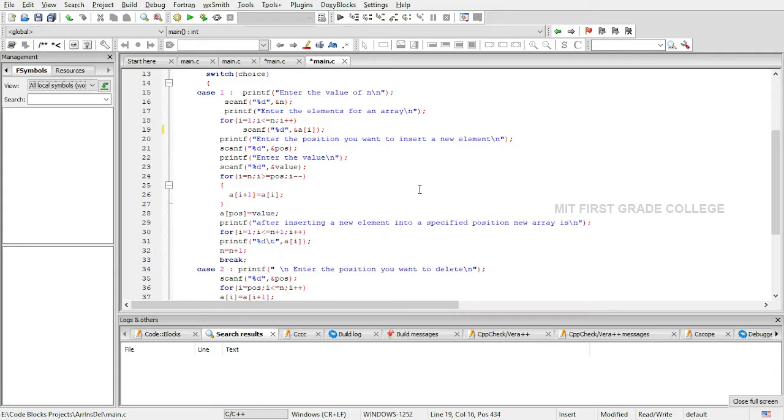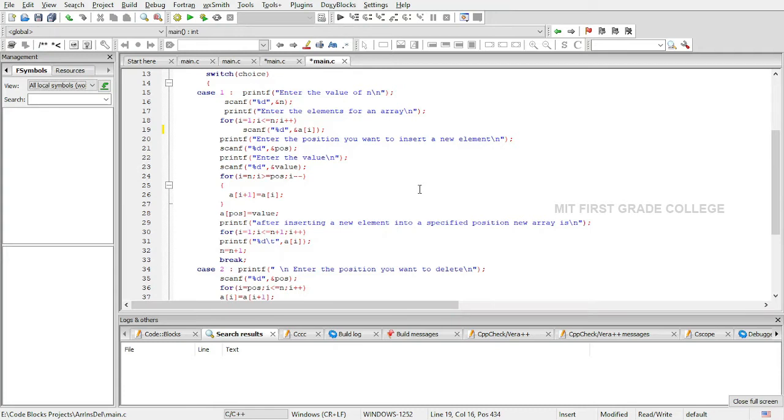That is, if I choose to insert an element at the third position and my array has 5 elements in total, the fifth element will be moved to the sixth place, the fourth element will be moved to the fifth place, the third element will be moved to the fourth place, hence making room for the third position. That is accomplished with the help of the for loop here.